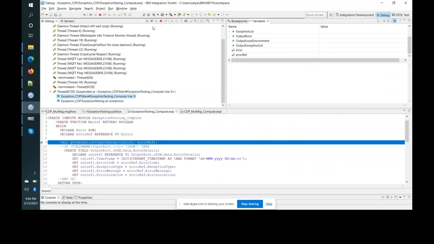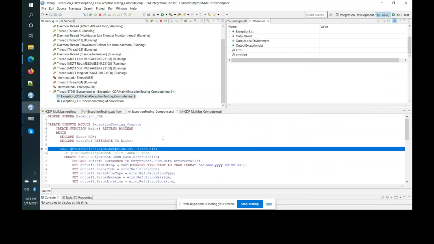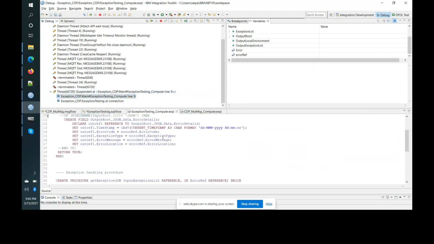Now let's look at the exception list here. In this, you have used the variable input exception list. Find that input exception list in the variables window.